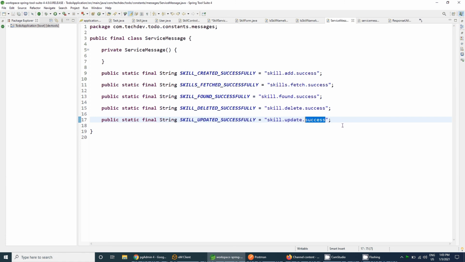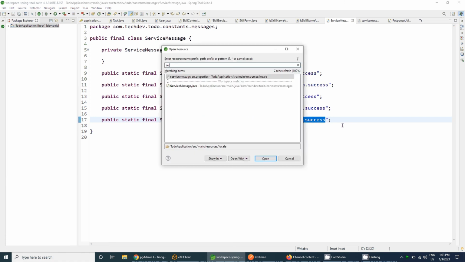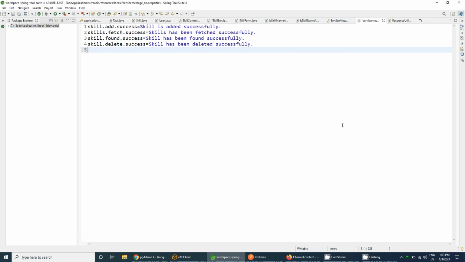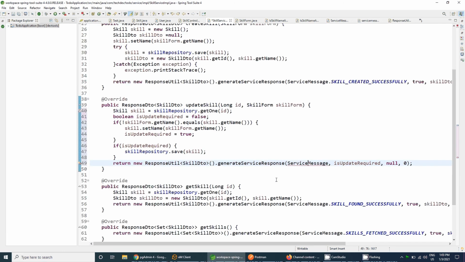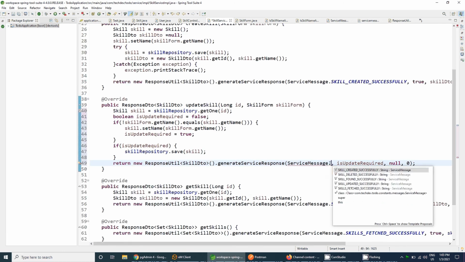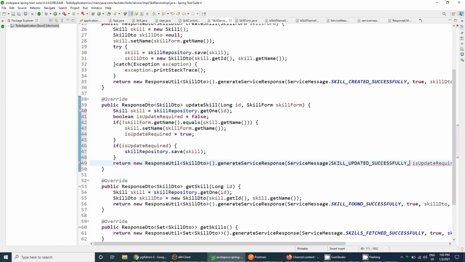Let's copy this key and open the service message underscore en properties, and for that key just give the message that skill has been updated successfully. That's it. And after that, go to the skill service implementation and provide the message that is skill updated successfully.